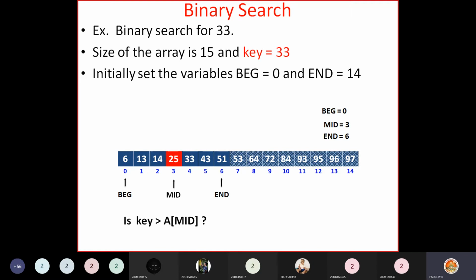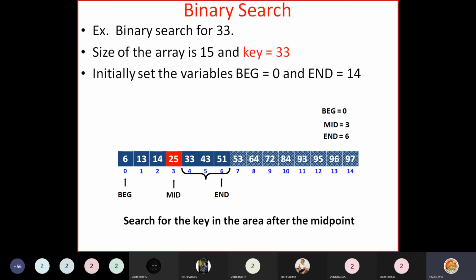Is key greater than A of mid? So key is 33. 33 greater than 25? Yes. That means it is confirmed that it is in the right half of this middle element. So now you can eliminate the left part of the middle element. Now you search for the key in the area after the middle point or middle element.